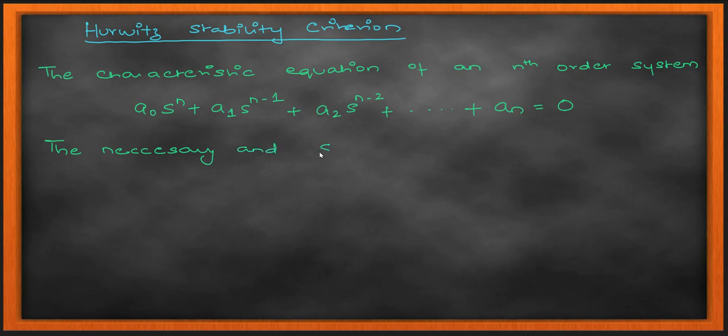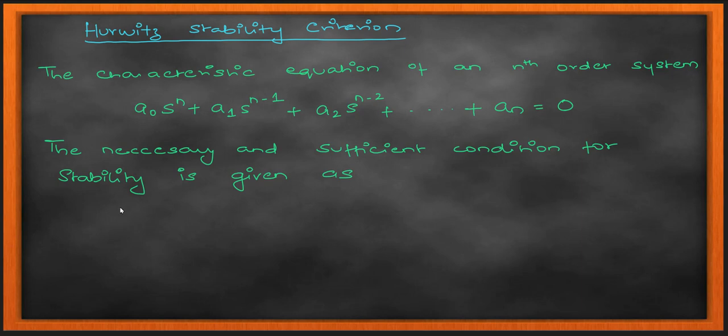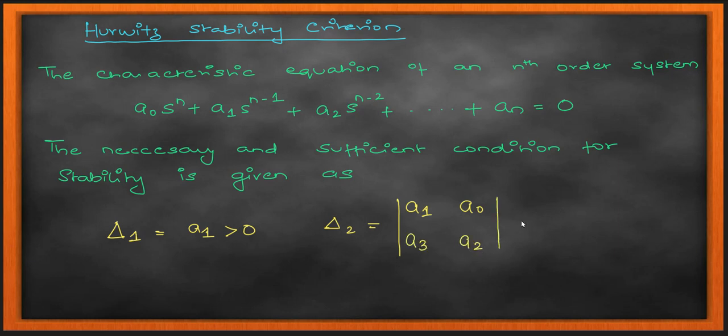Now for this topic, the Hurwitz stability criterion, we use it because sometimes finding the poles is not so direct and easy. In that case, we go to some other techniques, and we have two such techniques which we'll see in our lectures. The one is the Hurwitz stability criterion. The next one is the Routh array stability criterion. So today we will discuss the first one, and we'll see some numericals on it, and then we'll go to the next one.